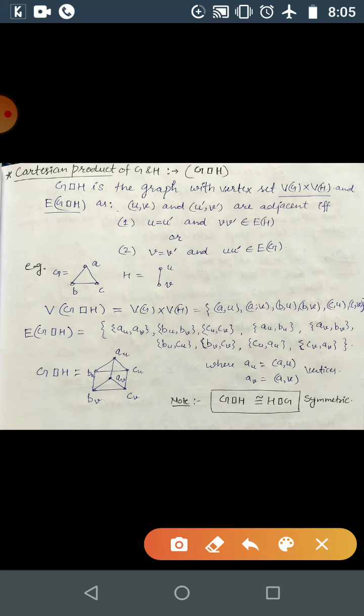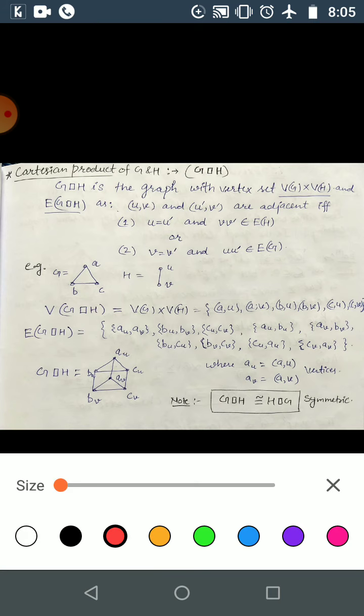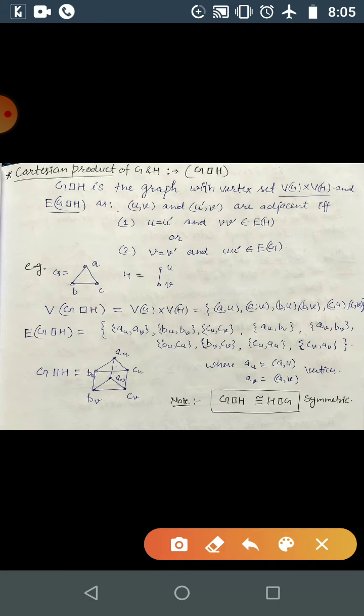So how? Let me explain again. So here we got (U, V), this is one vertex from the Cartesian product. Correct. This is a vertex and this is another vertex, and they are adjacent if and only if either the first vertex from the ordered pair is equal, and with the condition that the second vertices form an edge